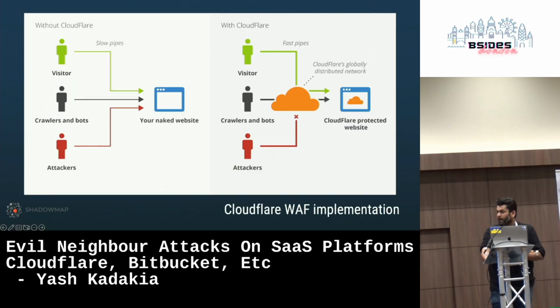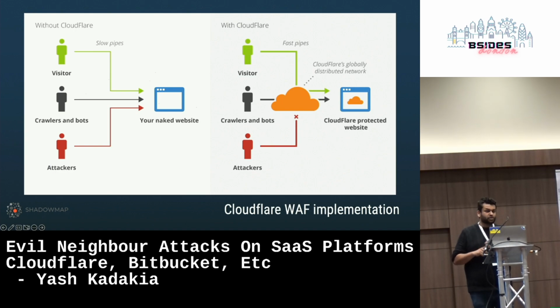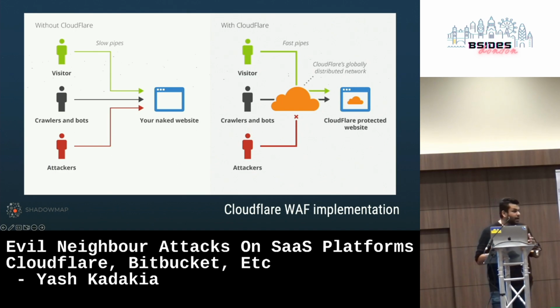So, getting through the WAF, right? Just a little bit of a refresher. Cloudflare WAF, essentially any cloud WAF, is primarily going to work by routing your DNS to Cloudflare's DNS. It's going to route all your traffic to Cloudflare's WAF, and it's then going to talk to your origin server, right? That's your standard WAF implementation. They typically recommend that you use Cloudflare Tunnel or IP restriction on the origin server to make sure that an attacker can't get around it and talk directly to your origin server, right?